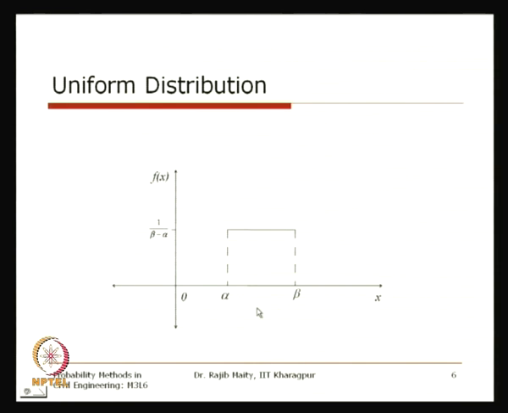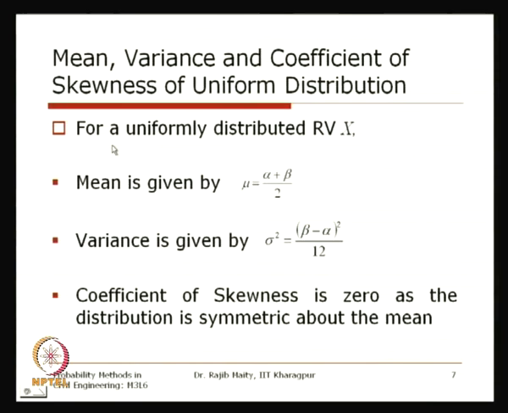So, that is that density function. Now, the different initial parameters that we have discussed in the earlier lectures are mean, variance and coefficients. If we calculate these for the uniform distribution, it comes as this. The mean is given by mu equals alpha plus beta by 2, which is obvious from this